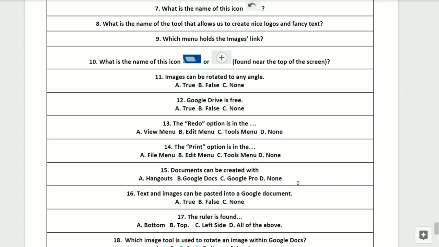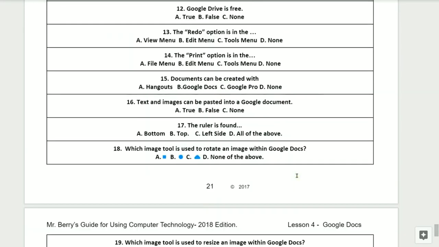The redo option is in the where? Is it A, the view menu, B, the edit menu, C, the tools menu, or D, none of the above? Question number 14. The print option is in the where? Is it within the A, file menu, B, the edit menu, C, the tools menu, or D, none of the above?